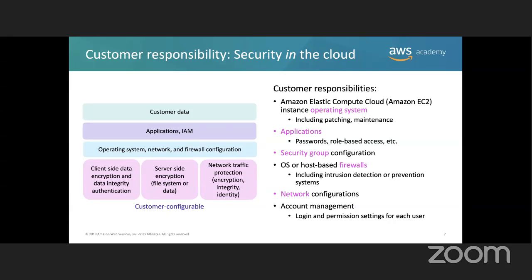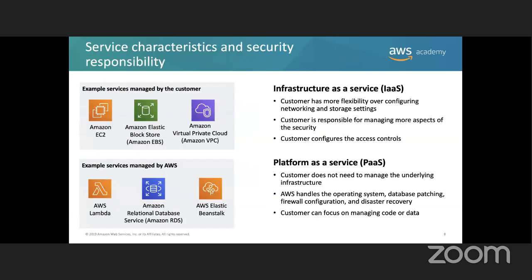That is your responsibility, right? Like we said before, client-side data encryption, server-side encryption, network traffic protection, all of this is your responsibility. In other words, basically what AWS does is they put the platform in your hands and then you have to work with it. The platform is already protected. Now you have to use that protected platform to protect your services, all right? By using the different services that AWS provides. So you protect your data and your information, okay?